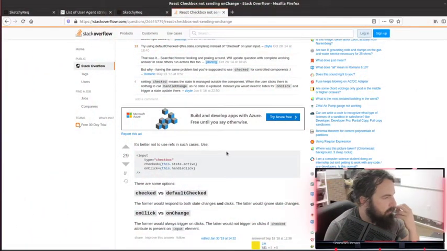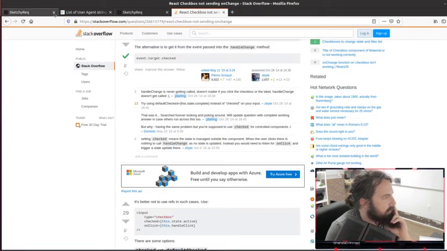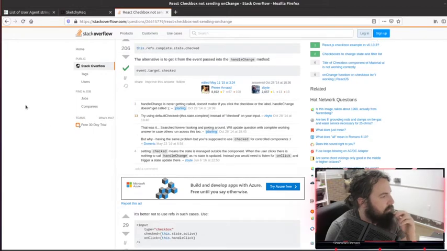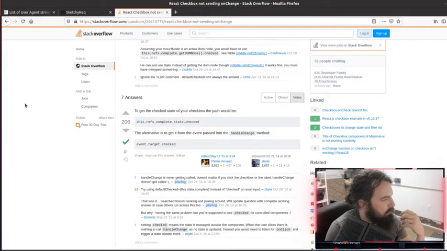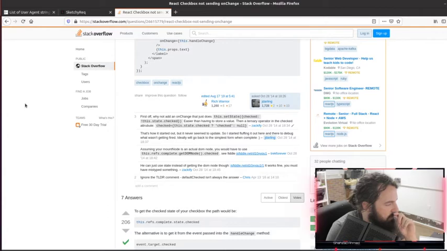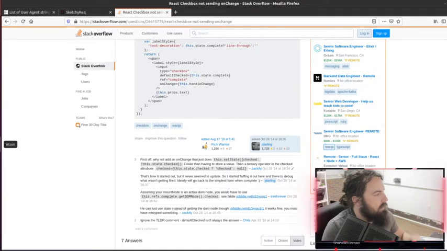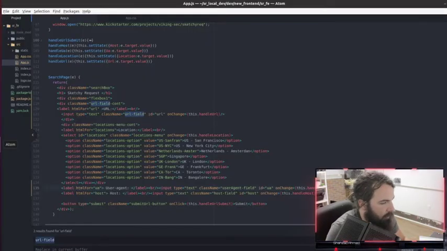There we go. So apparently checkboxes are not necessarily exactly like the other forms in React, which sucks. Maybe it is. All right, let's code it exactly like unchanged.